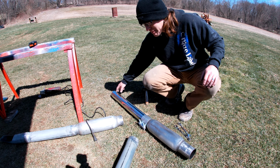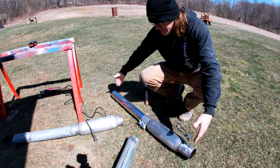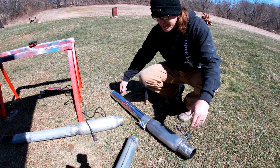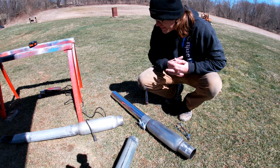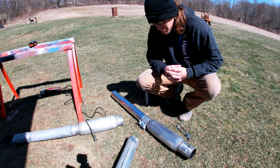I'm not sure if I will or not, but I'm going to have to weld this part onto the collector, and then essentially wherever the length is after that, that's when I'll make my adjustments to see if I want to pull it out more or what. But like I said, I have roughly 4 to 6 inches to play with just before the rear axle. I can get it as close as I want to. I just need to make sure that if it's 6 inches, it's not any further than that, 7-8 inches, because